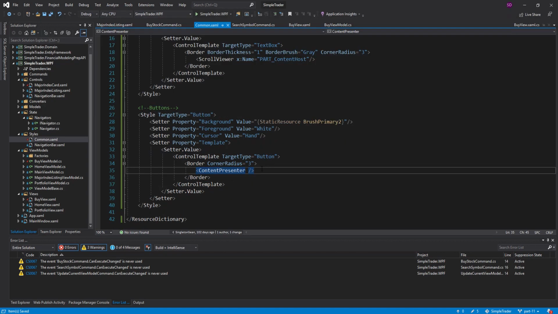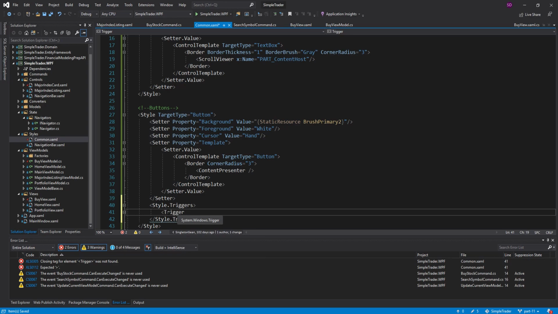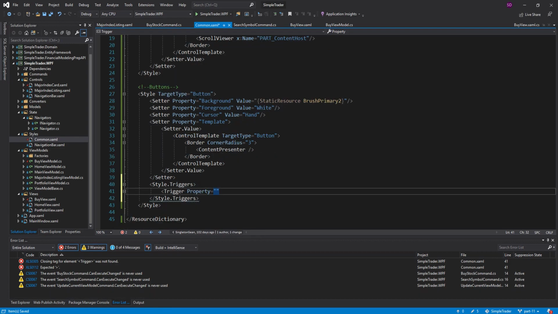Now another thing I want to do for this button is whenever you hover over it, I want it to show the other color. I think this was the darker color, so whenever you hover over it, I want it to show the light green. So to do that, we're going to have a trigger down here, and this is going to be a regular trigger. So this is different from a data trigger. When you have a data trigger, you're typically setting up a binding to a view model, but when you just have a regular trigger, you're going to use property, and you're going to point it to a property on the button. So on this button, I want to listen to IsMouseOver. And whenever IsMouseOver is true,